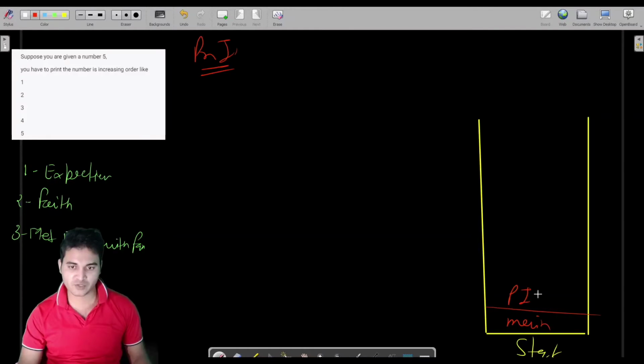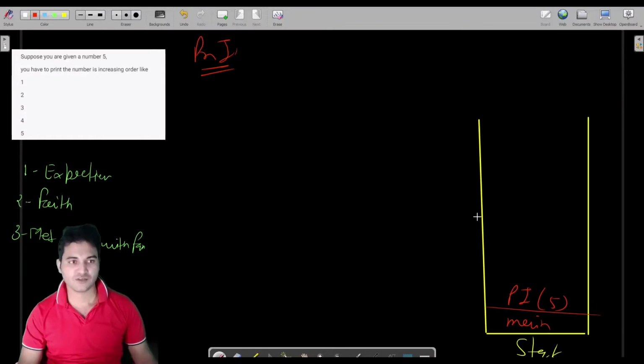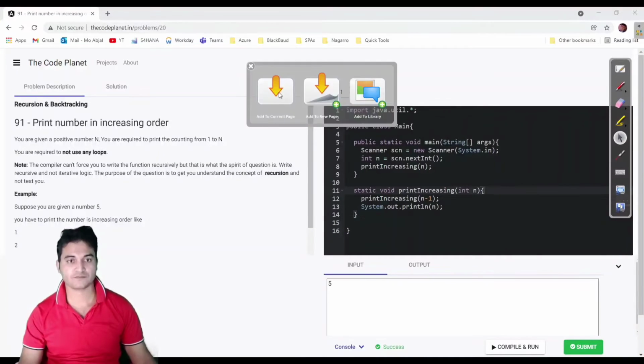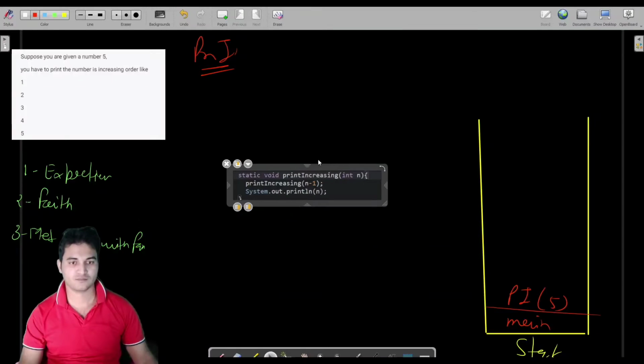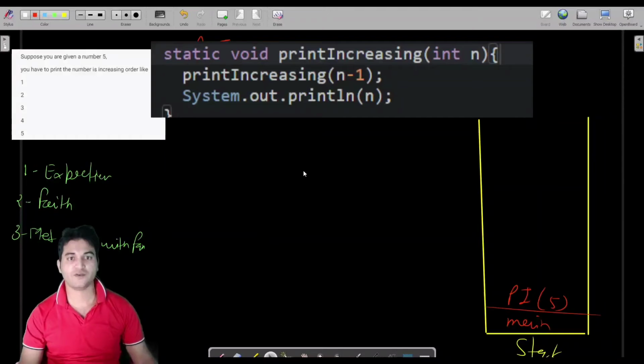So pi would be called for what? For 5 input. Let us take n is 5. Fine. So if n is 5, let us take this code to bold also. Then what is it doing? Sorry, n is 5. I usually make more mistakes while writing. I don't know why. So pi is called for n is 5.